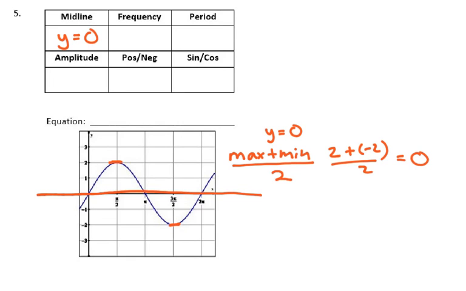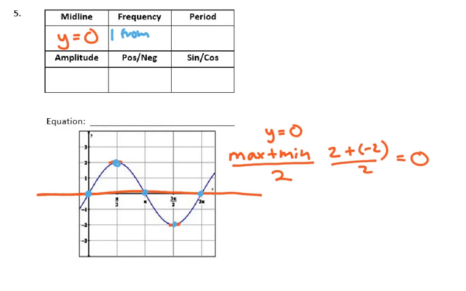For my frequency and period, I'm looking for that change in b value. I'm looking at the graph and saying, where are my 5 key points located? Remember, those 5 key points that we keep talking about are coming directly from our parent functions. So I'm looking for here's 1, 2, 3, 4, 5 key points. So for those 5 key points, I can see that's happening from 0 to 2 pi. So therefore, I was able to complete one full curve